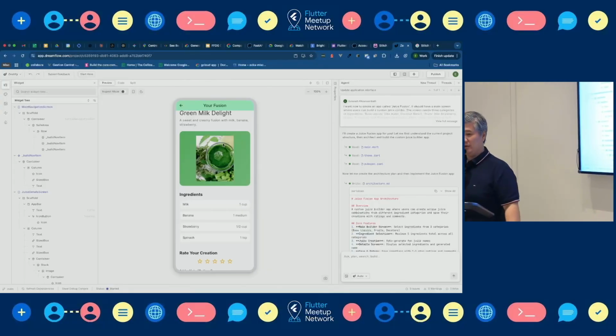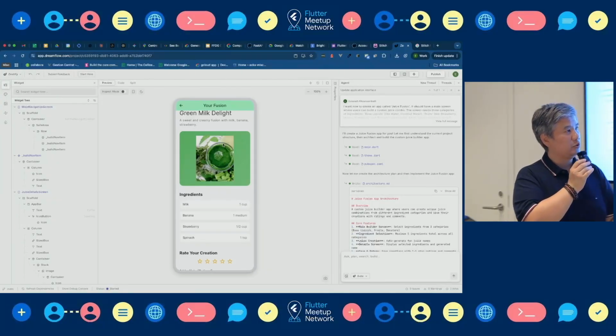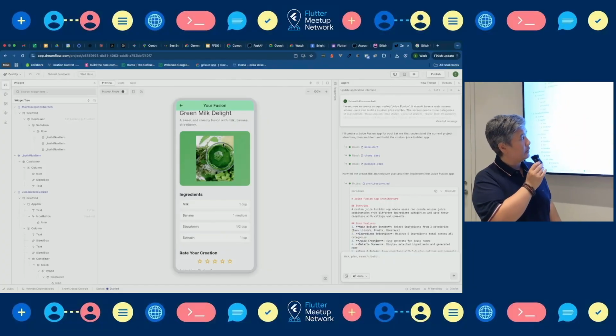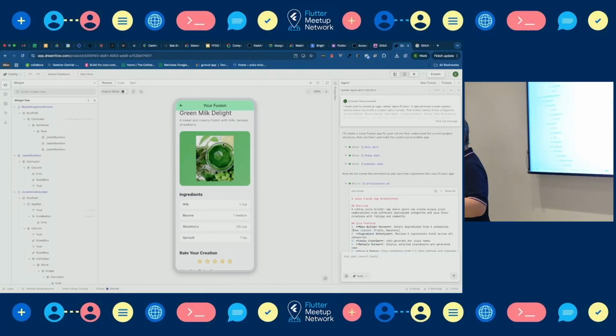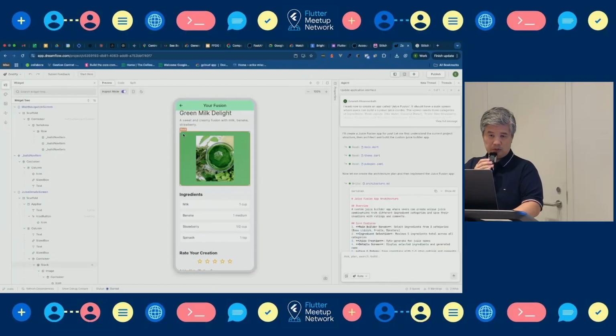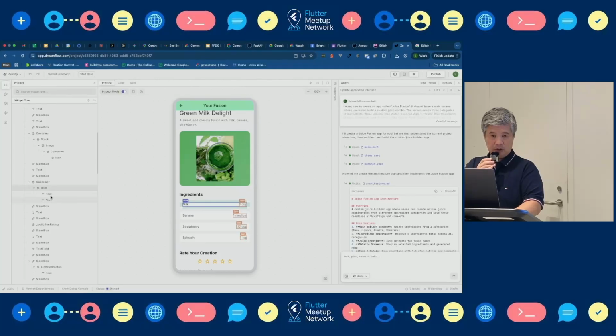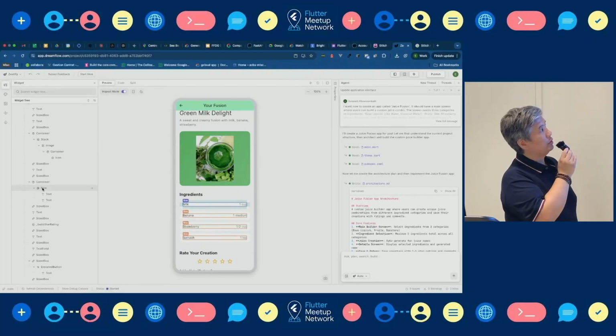Yeah, so you see, pretty easy. You have your own designer with Stitch, put it into DreamFlow, and it will generate exactly what you're expecting, in very well structured code. I guess. Let me check. Yeah, you get some pretty good structure of the code, the columns. Let's check this one. Containers with a row. Yeah, it's pretty well structured.